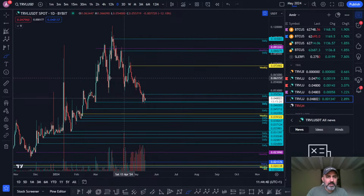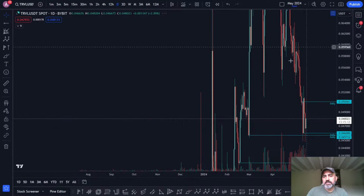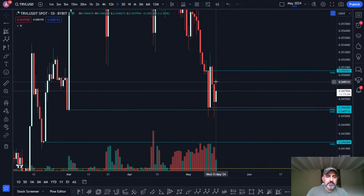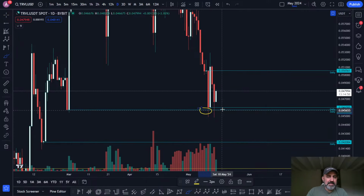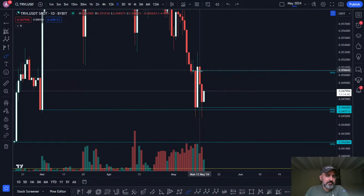So we've had a bit of bullish price action on TRVL. When I was talking about TRVL yesterday and the day before, I was talking about this daily level, and you can see what's happened. The price came down and found a reaction off that daily level. That was a really good reaction. It's a strong reaction. It was basically a bullish engulfing candle, which engulfed the previous red candle off a key daily level. Okay, then we saw this take profit,